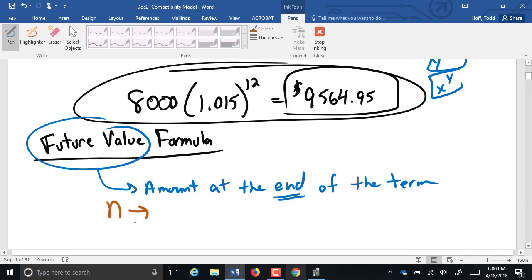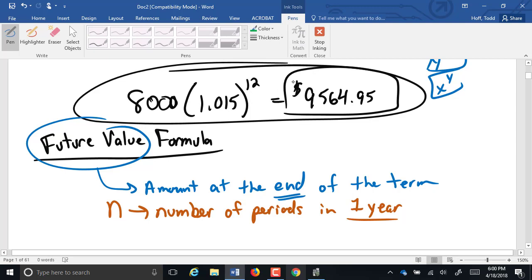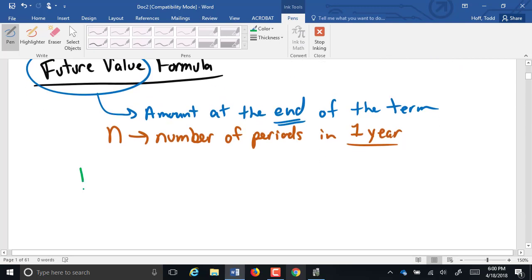N is defined to be the number of periods in 1 year. So our future value is equal to the present value. Now the present value is the value at the beginning of the term times,